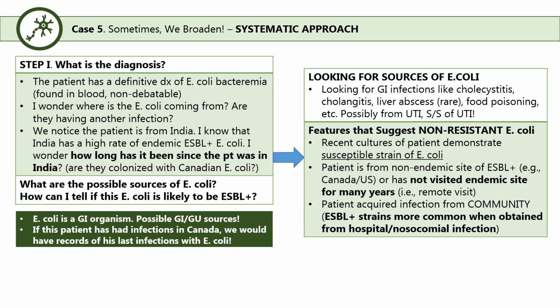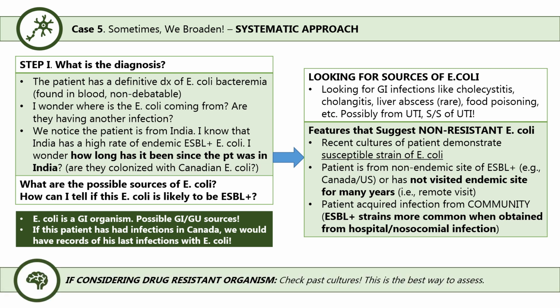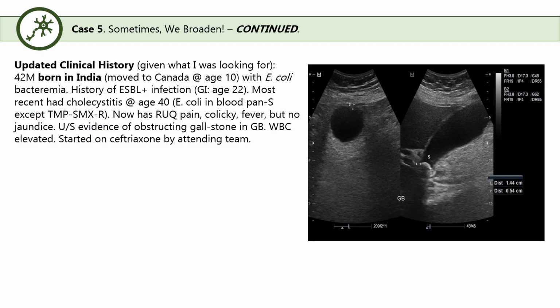The key point is here, if you are thinking of drug-resistant organisms, always check past cultures. This is the best way to assess. In our updated history, we discovered that the patient is a 42-year-old man born in India, but moved to Canada at age 10, who now has E. coli bacteremia. He has an ESBL positive infectious history, but this was from when he was 22, from a GI